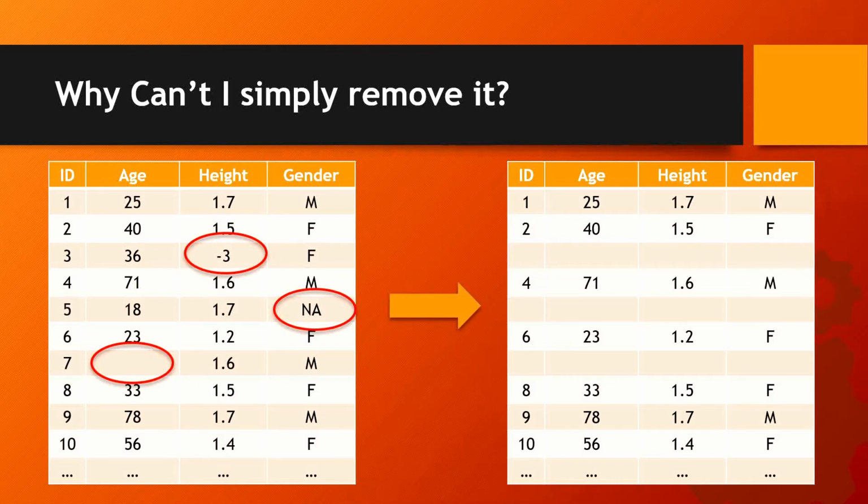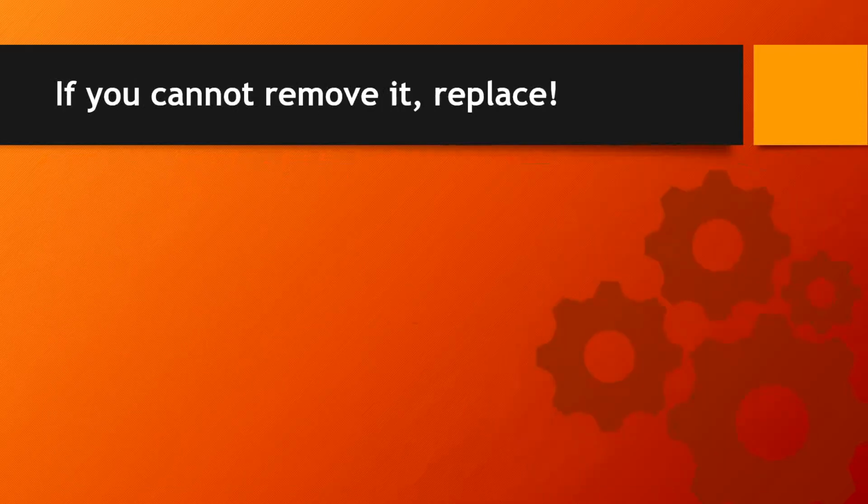Just because one of the values is invalid or missing, we are penalizing the whole row, and in the process losing out on some valuable data. So definitely we can do much better than that, right? So we should be able to do much better than that. Let's see what we can do.